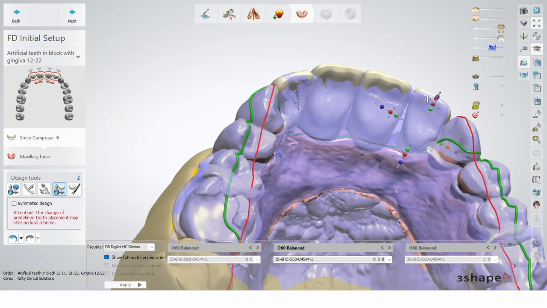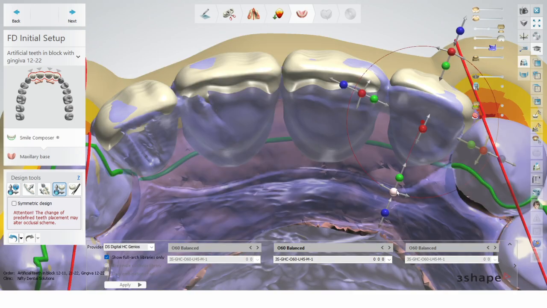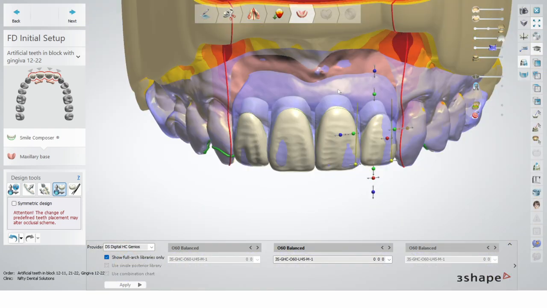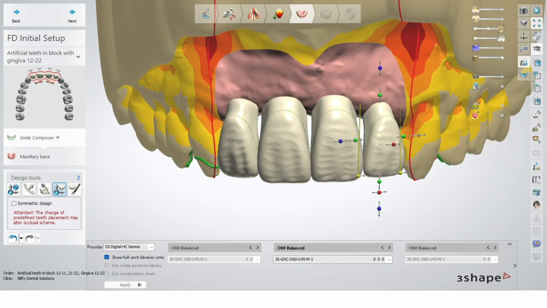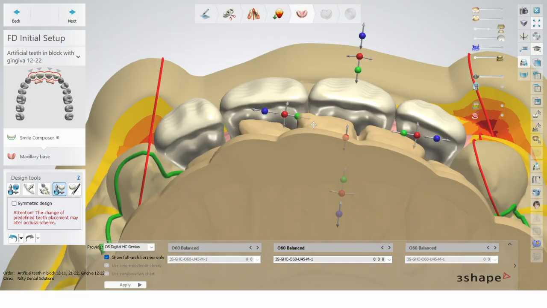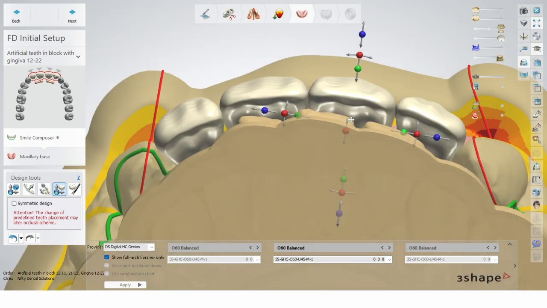And that's the first step. So I'm just aligning to the old dentures, and now we can improve it. It's a good starting point. This library matches the previous one really well, and now I can focus on detail, and I can see there is a bit of a misalignment there, so we can improve it.